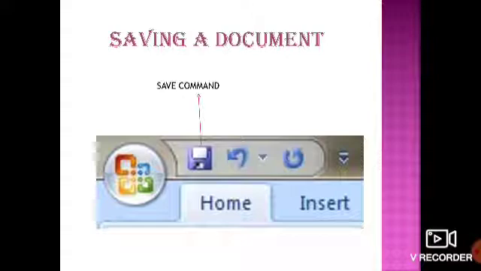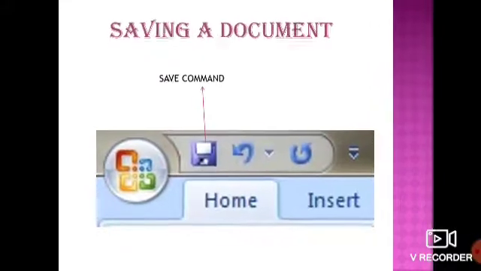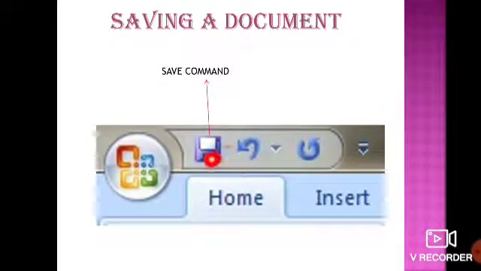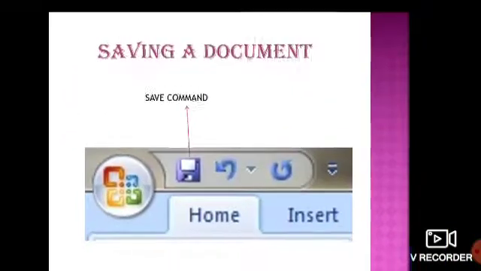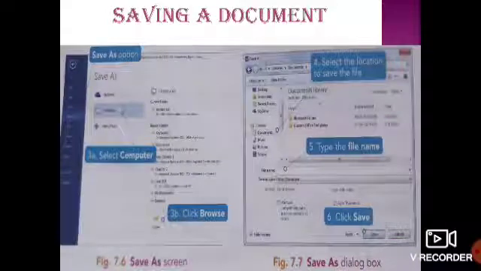So children, what you have to do, first click on File and then click on Save. This we can do directly with the help of the Quick Access Toolbar, where we get the Save button directly. If you are not getting it, or if you are finding it difficult, then you can click on the File tab. So children, when you click on the File tab, you have to click on Save, and then what happens,